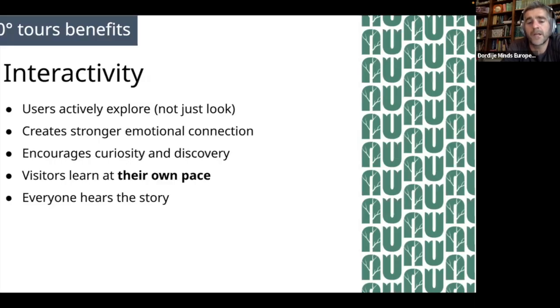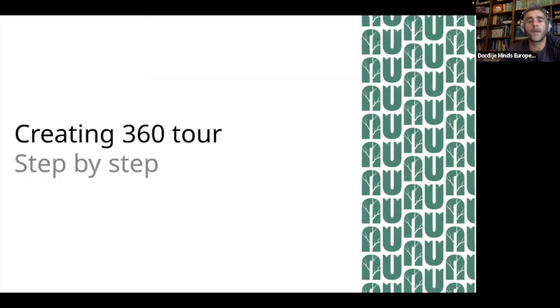And the visitor can learn at their own pace. So they can today start looking at some part of the natural area or tourism attraction, then tomorrow they can learn something else. Or if they want to read something or to feel something, they can always choose at what time or which place they can visit some attraction. Okay, so this was, briefly, about 360 tours and virtual tours.